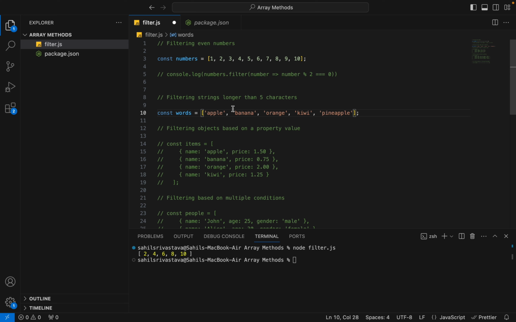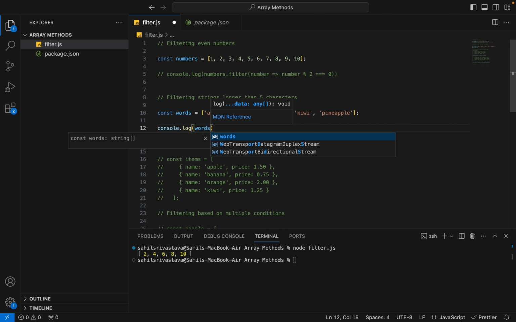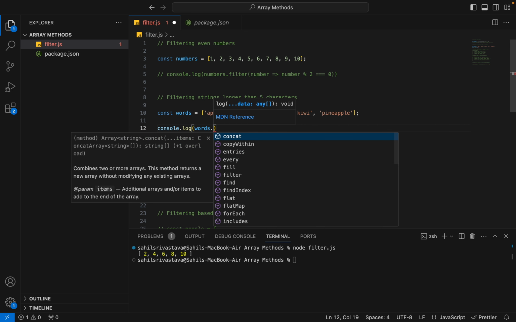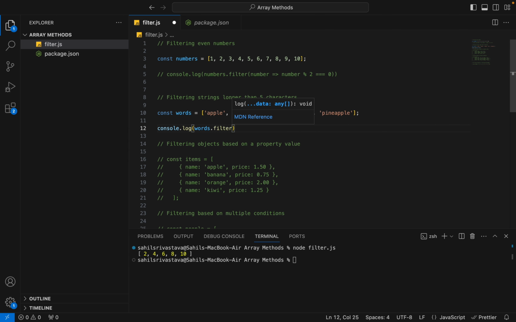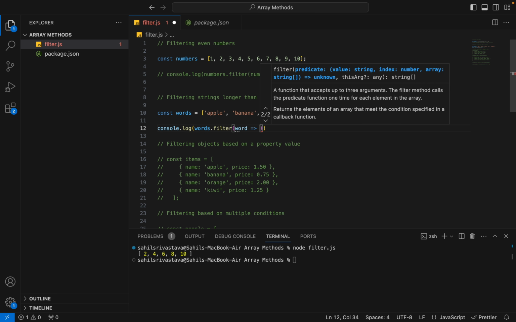So now we will apply the filter method at a slightly different level, from easy to a little bit difficult. We will apply a condition where if the string contains more than 5 characters, we will print those words only, basically those fruit names only. So console.log words.filter, the filter same, we will pass word and word